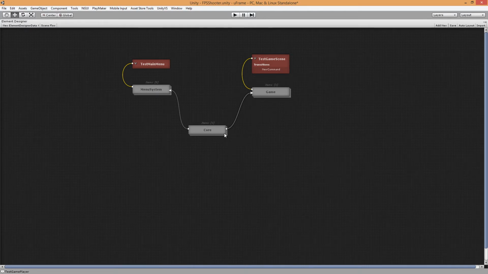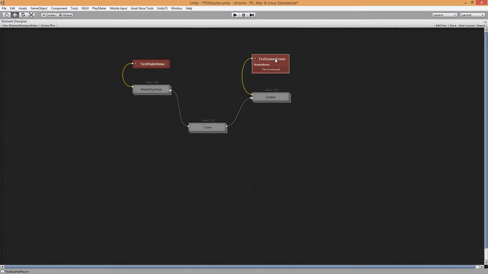Any other subsystem, I would then define things that I wanted to be included in those scenes and then link them to the appropriate subsystem. Because whenever I have a subsystem like the core here linked into the game, and since it's associated with this scene